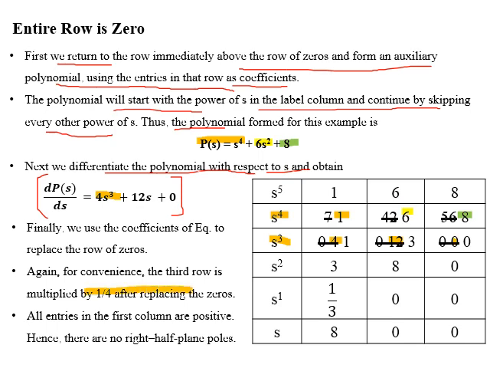For convenience, we can also multiply this row by 1 over 4 and will complete the Routh table. Now all the entries in the first column are positive. In next slide, we will study about distribution of poles of